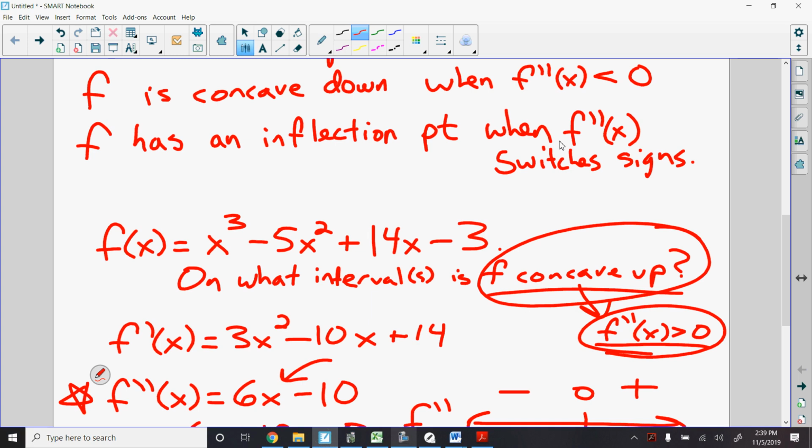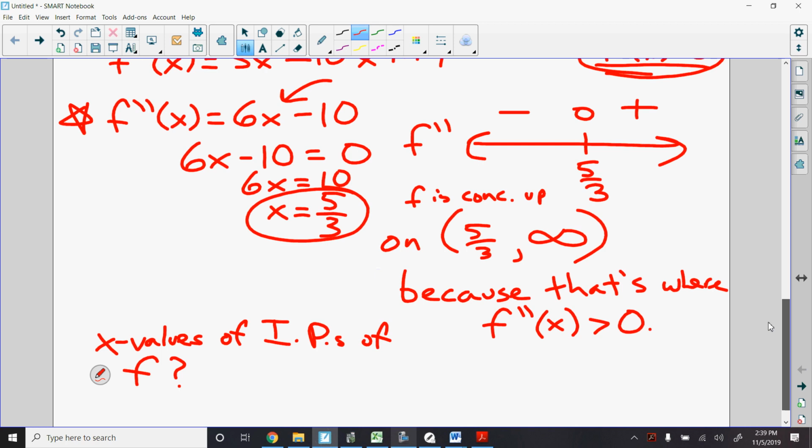Well, we're going to switch signs at 0, but notice I didn't say f double prime of x equals 0. We have to actually switch signs for an inflection point to occur. So when we take a look at this,